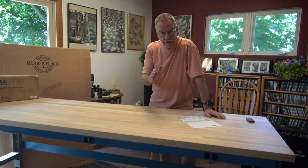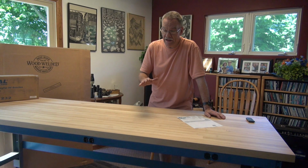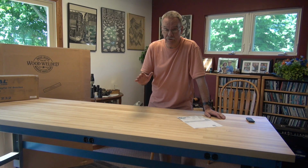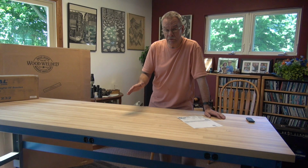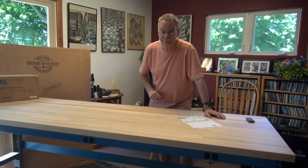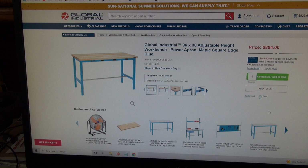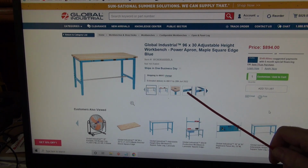So there is a story behind this workbench that I want to share with you guys. It was not exactly a complete Global Industrial kit. Most of the components are from Global Industrial, but it was actually piece parted together from several sources. Let me explain. I'm sure you've seen in my videos that I have this model Global Industrial bench